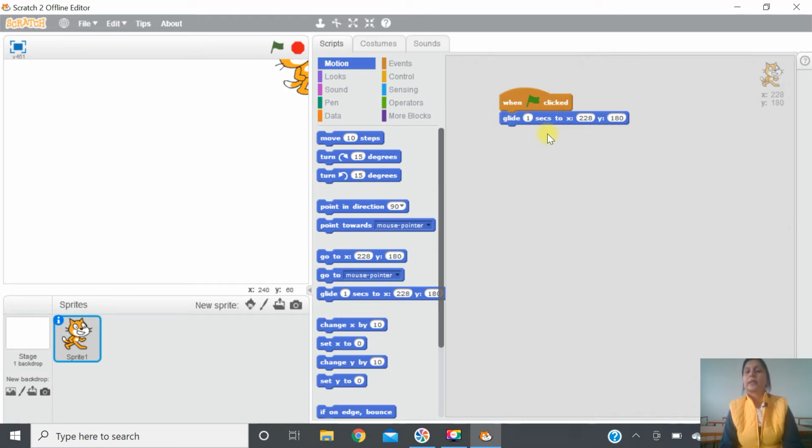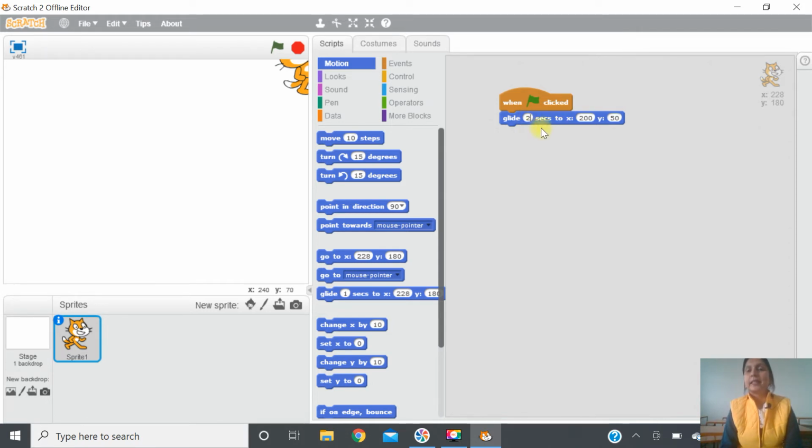It means in what time it should move towards a particular or specific xy coordinate. For example, I am giving here 200 and here I am changing 50. And instead of 1 second, I am giving 2 seconds.